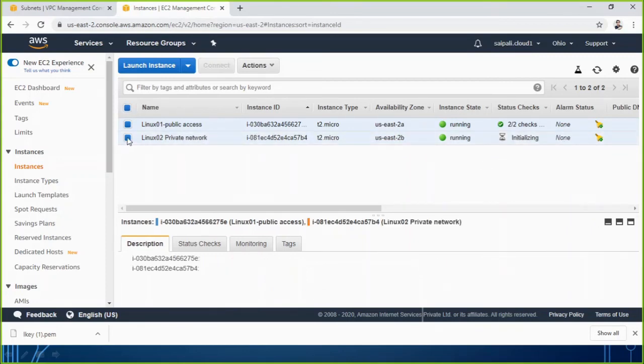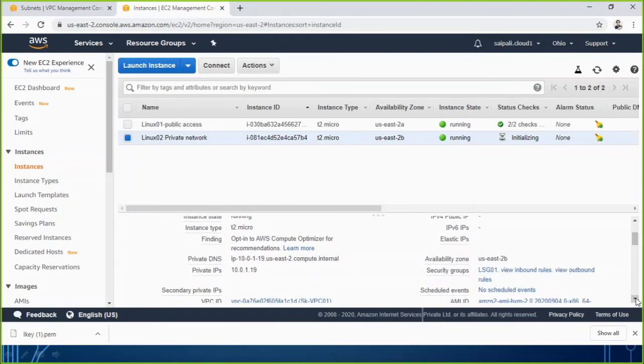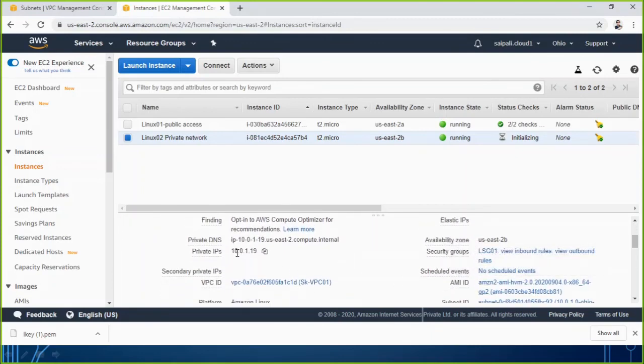If I select the second one, I remove the first one. For the second one, which we have connected to the private network, you see there is no public IP address on it. If I scroll a bit down, the private IP address is there, and you see the difference, it is 10.0.1. That is what we defined in our subnet, because our subnet has the range 10.0.1.0/24.